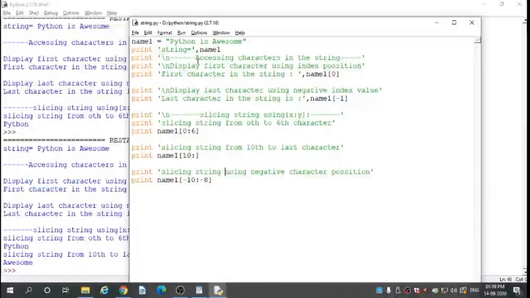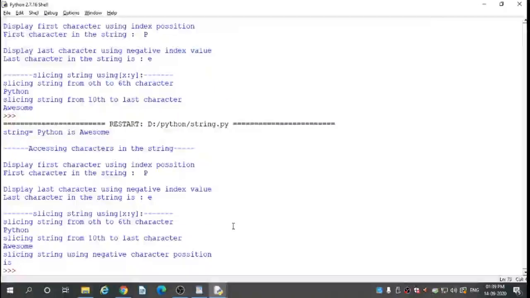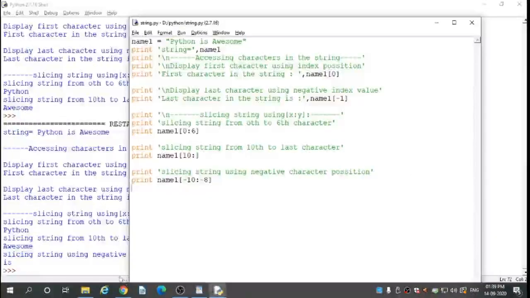So here our output is I and S. Execute the code, students. You understood? Slicing a string using character position, so here I and S is minus 10 to minus 8 character position. Enter.